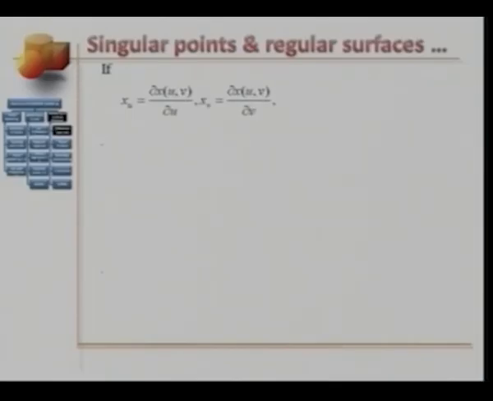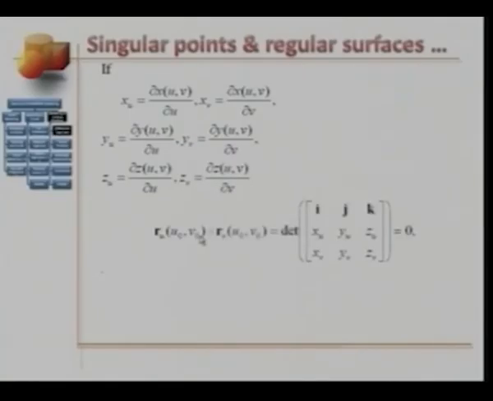If xv is defined as partial x over partial v, likewise for the y coordinate of the patch, if yu is defined as partial y over partial u, if yv is defined as partial y over partial v, and if zu is partial z over partial u, and zv is partial z over partial v,